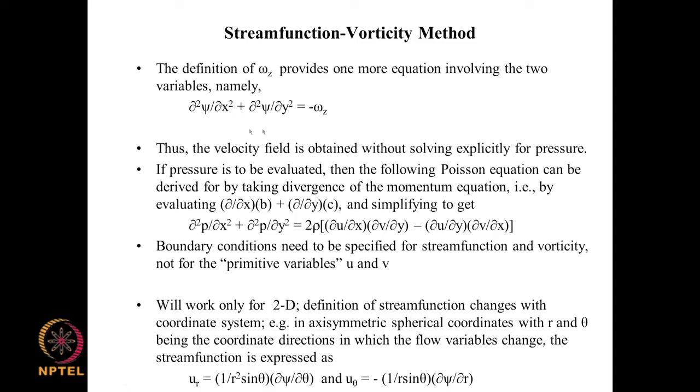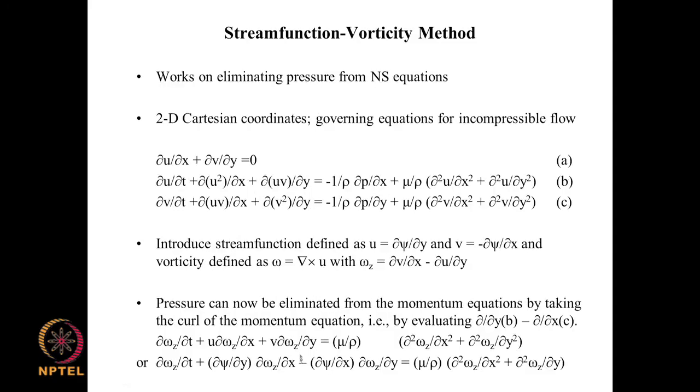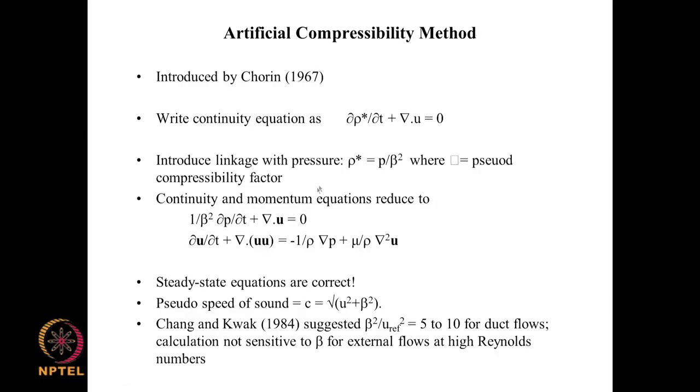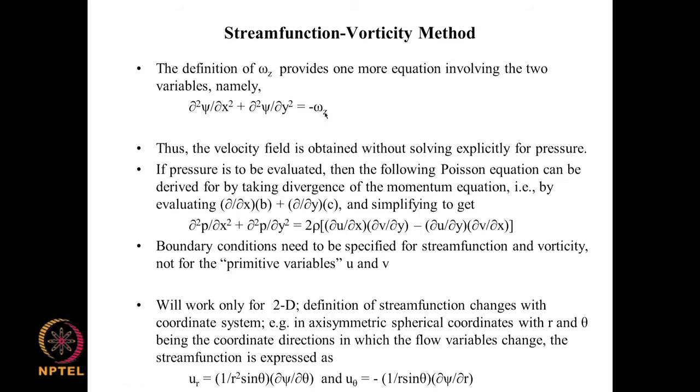And what is familiar about this equation? This is also almost like the scalar transport equation, except that we do not have the time dependent term. So, this is actually a Poisson equation with a right hand side which is a variable. Okay. So, now if you look at this equation and the previous equation here, we have two equations involving two variables, psi and omega z here, and psi and omega z here.